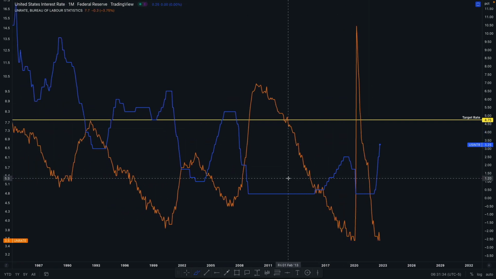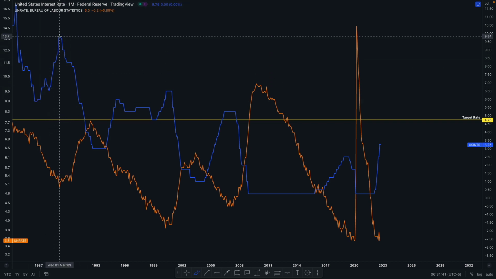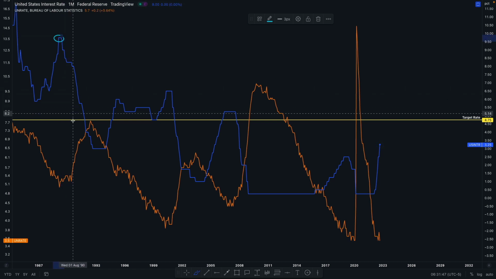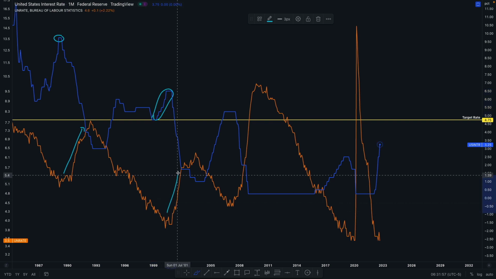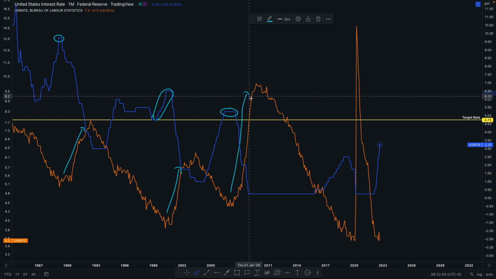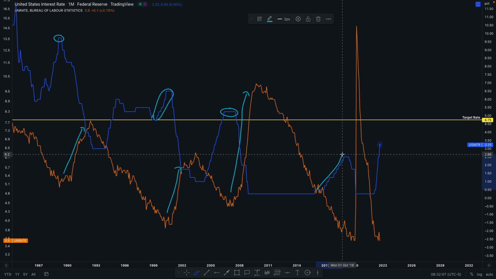But one important thing to notice is that whenever interest rates are raised, and this doesn't always happen, but typically it does, whenever you get an interest rate hike, this blue line, whenever you get the hike and it kind of tops out and they're done, then literally right after, unemployment starts to rise. What happens is they get this interest rate hike right around here, and then unemployment starts to rise. Interest rate hikes go up and then they stop right around here, and then what happens is unemployment rises. One more time, you get an interest rate hike, it tops out, and then unemployment rises.